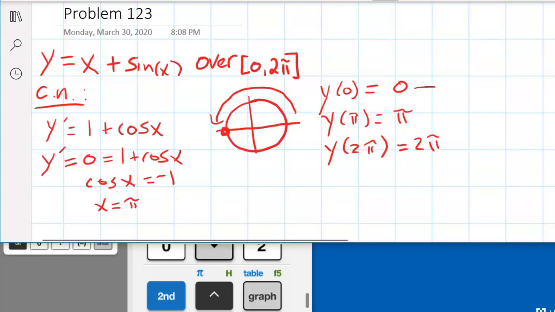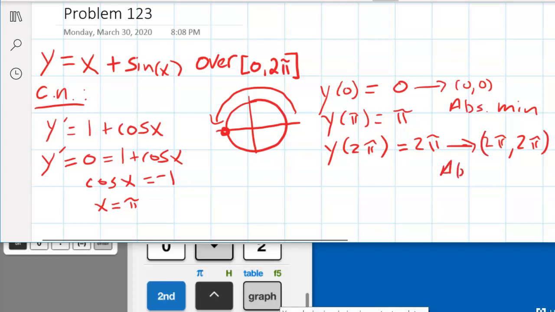So by inspection, 0, 0 is the absolute min, and also by inspection, 2 pi, 2 pi is the absolute max. Notice that pi is a critical number for an x position, but it is not a local extreme. It's not going to be a local max or a local minimum. If we look at the number line, and I'll put pi in the middle of my number line here. When I look at the derivative,